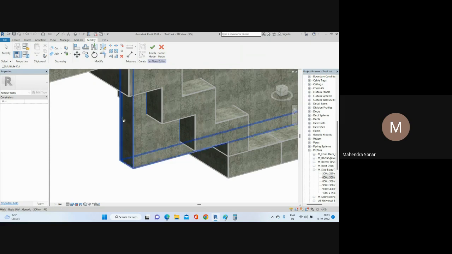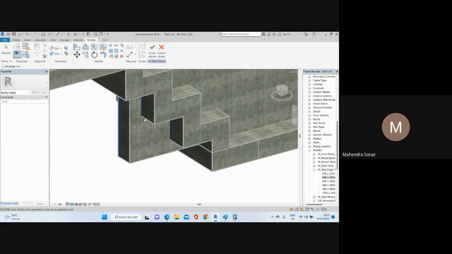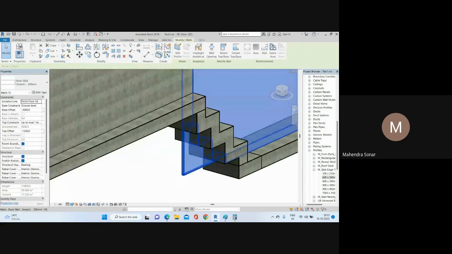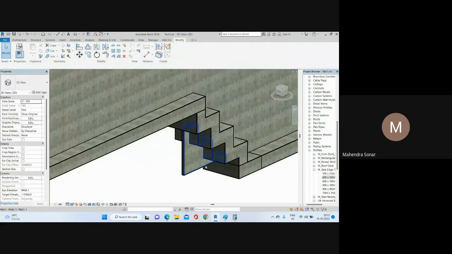Once you select, after that you need to select the other part, the one from which you want to subtract. So I want to subtract this part from this wall, so I will just select this wall. So you can see, and I will just click here, finish, right? So if I select this, so the profile here,